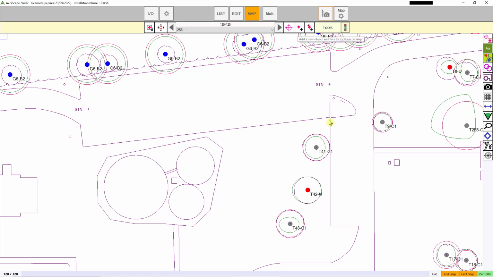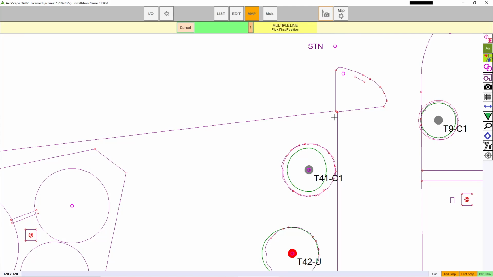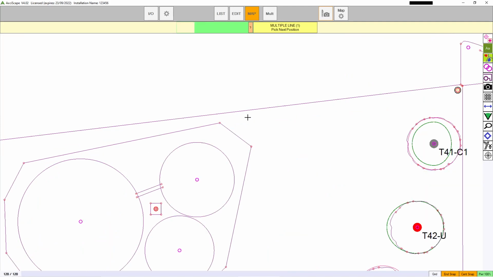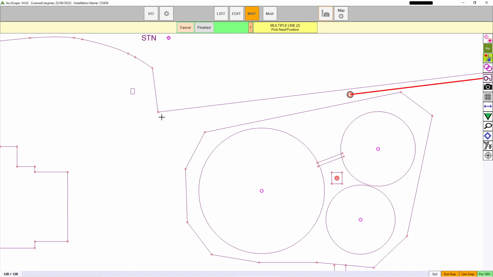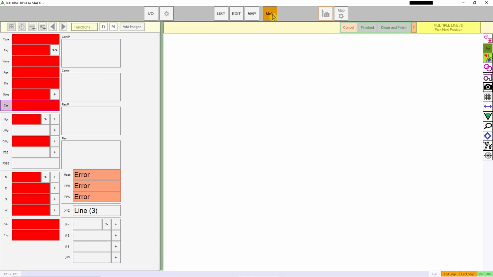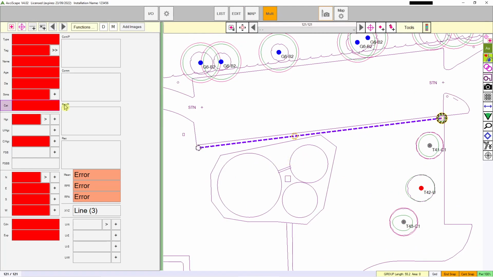If I was going to, for instance, want to do a hedgerow down the side of this, probably a car park, I'm going to select new tree, and I will select plot line, and you would then plot the center line of the hedge. So let's say it starts there, runs down here, click another position there, and it ends about there. Click finished. I'll put these on multiple so we can see it change, and I'll call this a hedgerow,